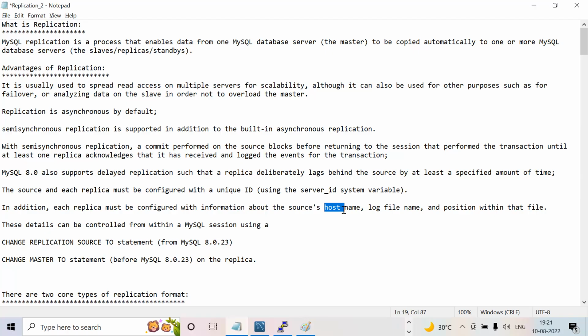Okay, and one more thing, whatever details I told right here, that host name and IP address details, you can control with two statements. That statement is change replication source to the statement. See, earlier one command is there for your information,